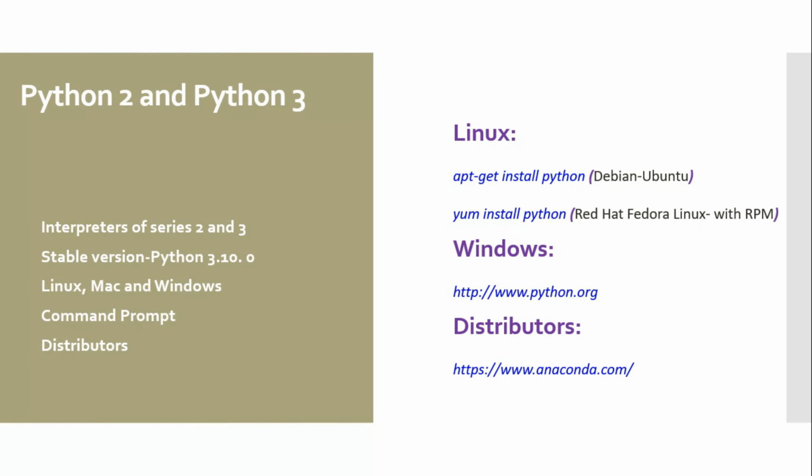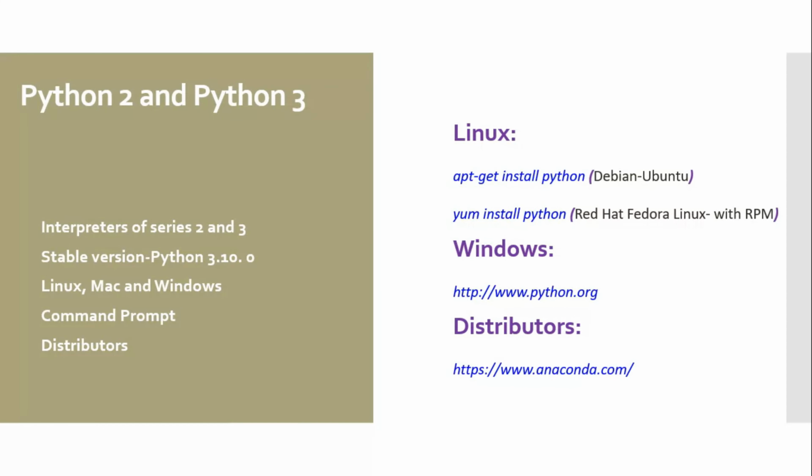So basically, before installation, let's understand what Python 2 and Python 3 are. Python 2 and Python 3 are the main versions, and you can see a lot of versions in between: Python 2, 2.1, 2.2, and like that 3.0, 3.1, 3.2. So there are a lot of versions, and it is not only Python 2 or Python 3.